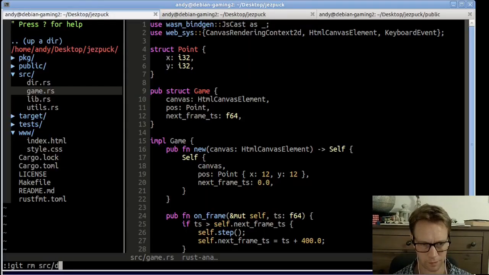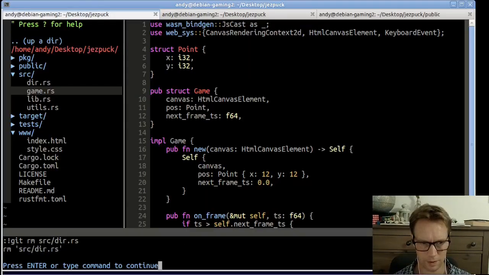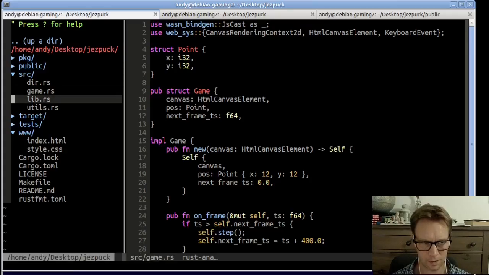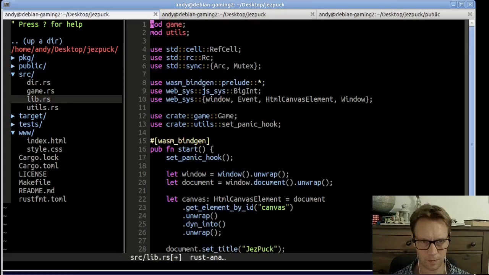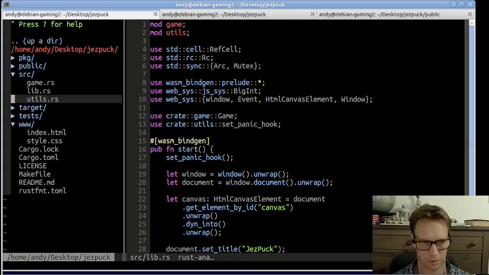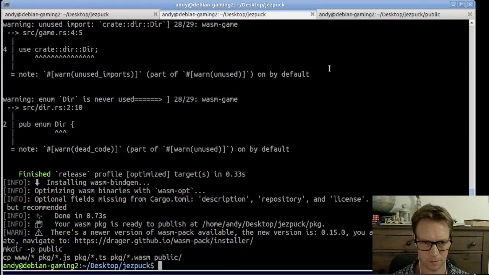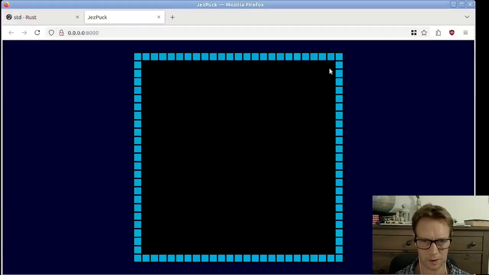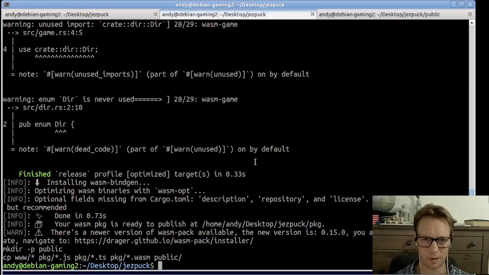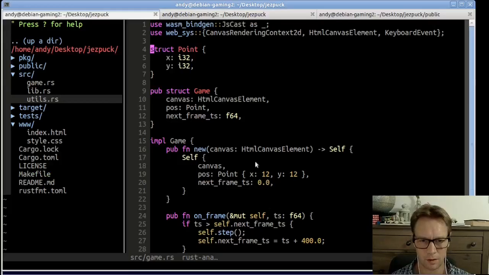Let's just get rid of that file completely and get rid of it from our code. Hopefully no more warnings. Yep. Okay, meanwhile we've built that code so we can run it. And then, hey, it worked. There's a dot showing where we are at the center of the screen. I guess let's use the arrow keys to move it around, shall we? Why not? All right, so